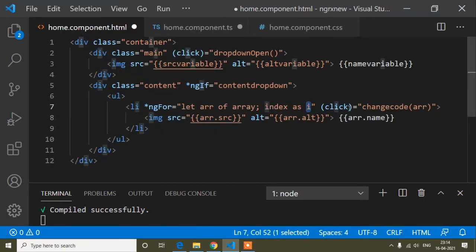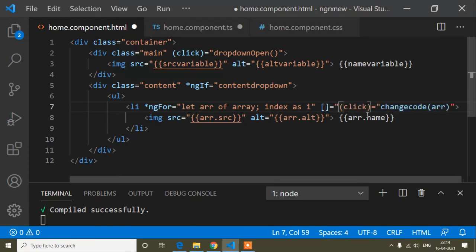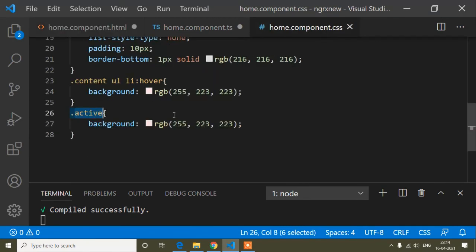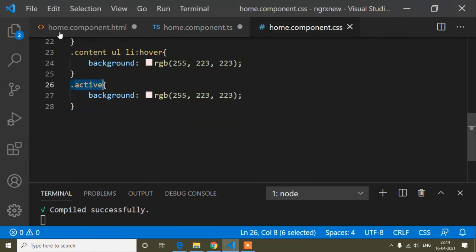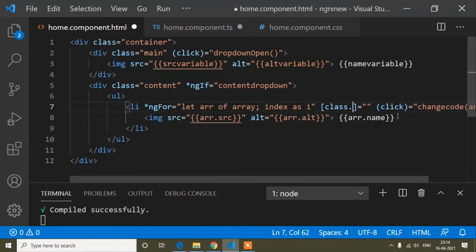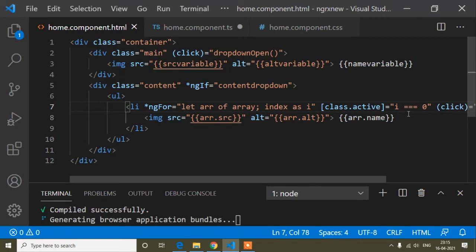So now here I will bind the class. Okay, so class dot this active class. I will copy this active class and I will paste here. So this active class, suppose if I write, will be activated when i equals to 0.